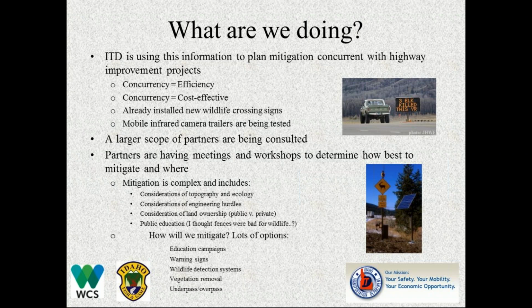cost effectiveness. And we're to the point now, after having the data in hand, that a larger scope of partners are being consulted, and partners are having things like meetings and workshops and taking comment periods in the environmental assessment to determine how best to mitigate this road and where. And obviously mitigation is complex and includes a lot of different considerations of things like topography and ecology and engineering and land ownership. And there's a lot of different options to mitigate. And so these are long, drawn out, complex processes, but all the different groups and different agencies need to be